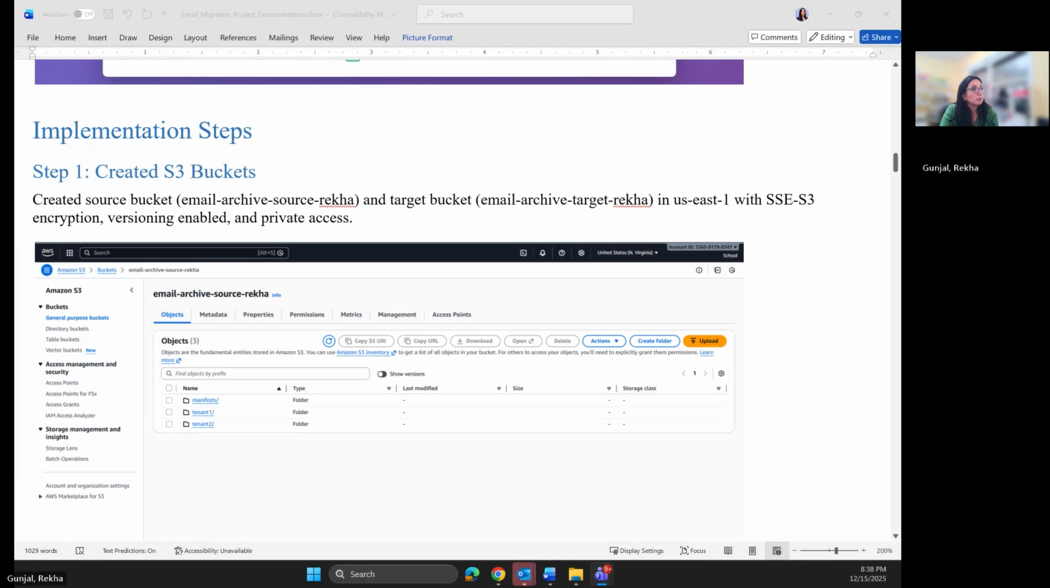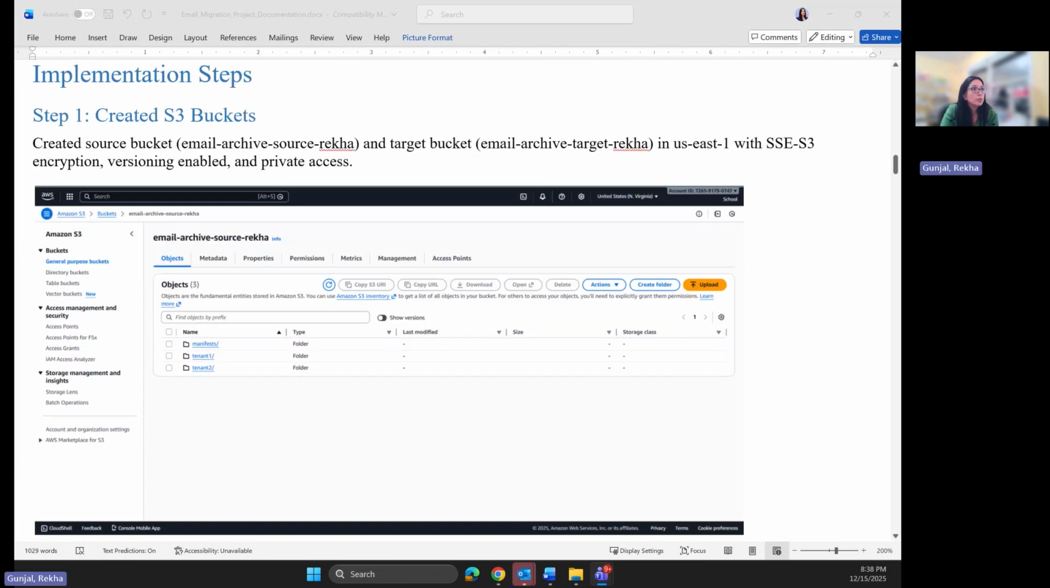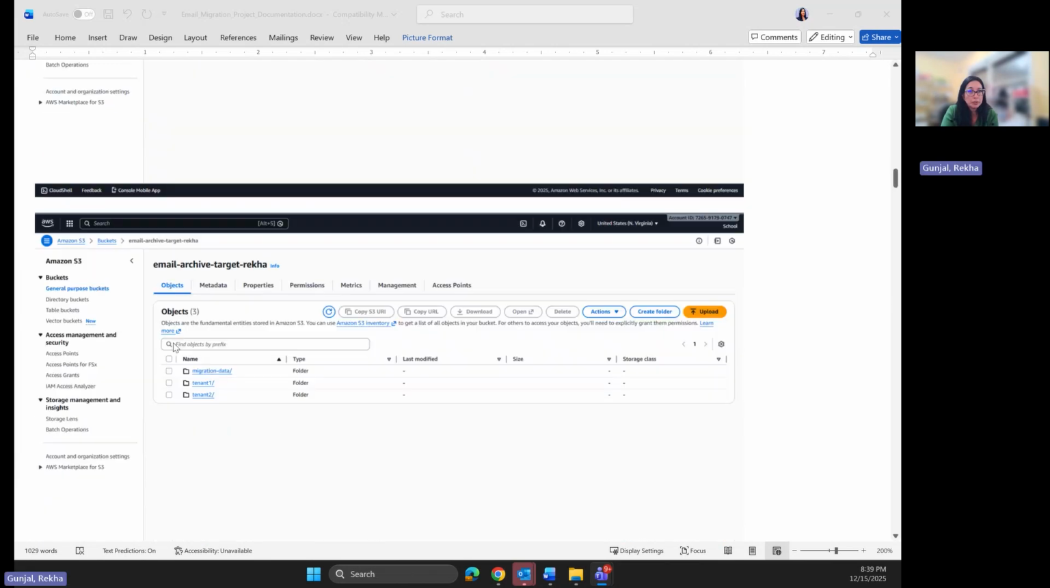Step 1. I started by creating two S3 buckets, one for the source and one for the target. Both use server-side encryption, versioning, and private access. This ensures the data is secure and changes are tracked. For step 2,